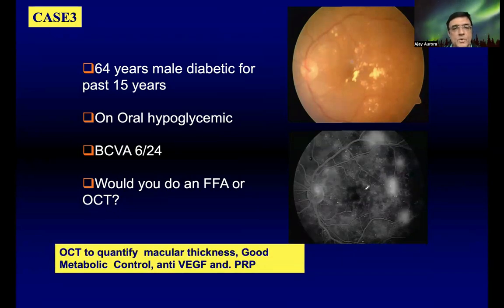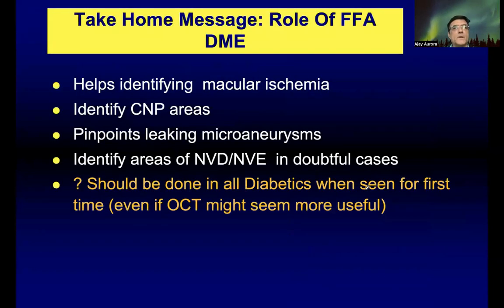So such a patient would qualify for OCT, measurement of the macular thickness, a good metabolic control, would receive anti-VEGFs, and a PRP would be required. So fluorescein angiography helps us in identifying macular ischemia, identifying areas of capillary non-perfusion, pinpoints the leaking microaneurysms, and this is particularly useful in cases of a focal macular edema, which is extrafoveal,